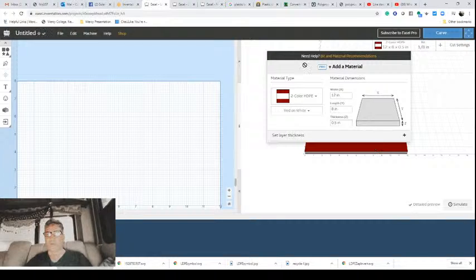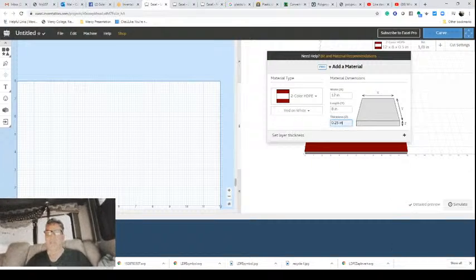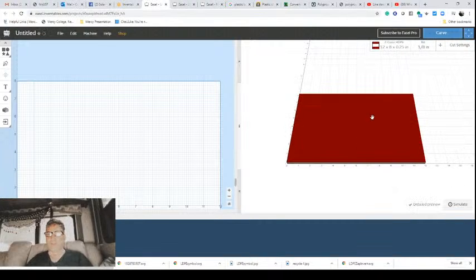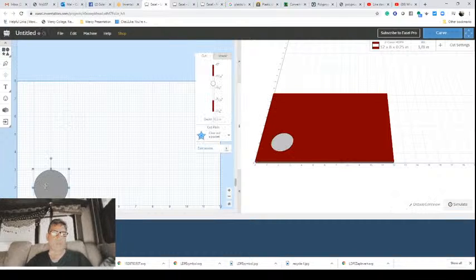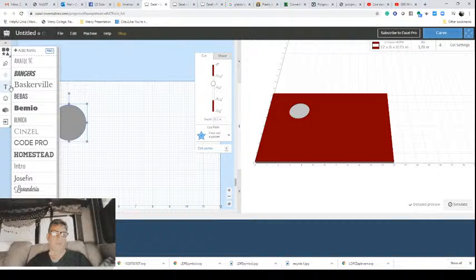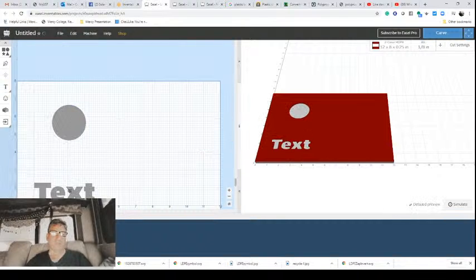So you can get those, and then you set the thickness. Ours that we buy is generally 0.25 inches, and then that shows up in here in the layer thickness. And then, yeah, you get a preview, and you can use all sorts of different shapes and things. Circles in, and you can get text, you can write stuff, and